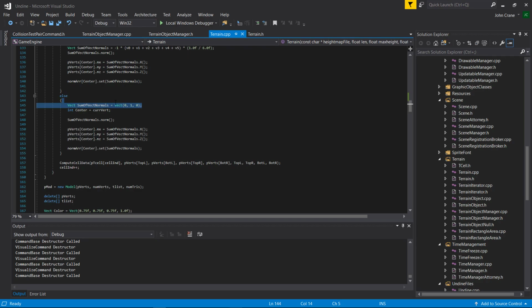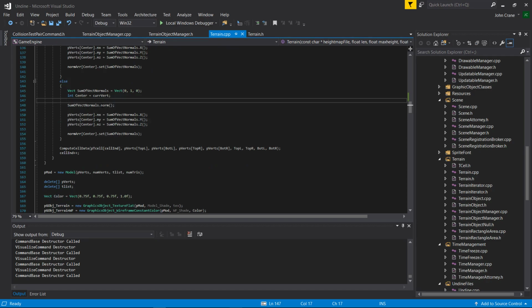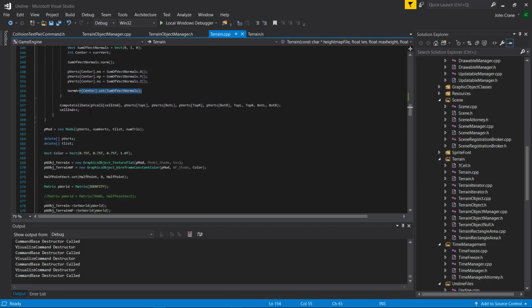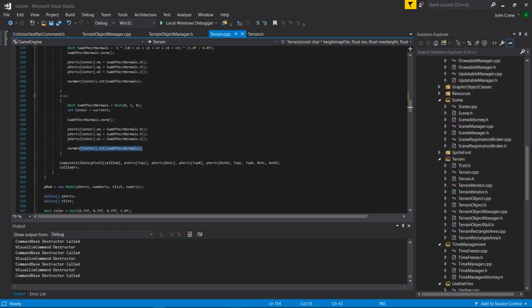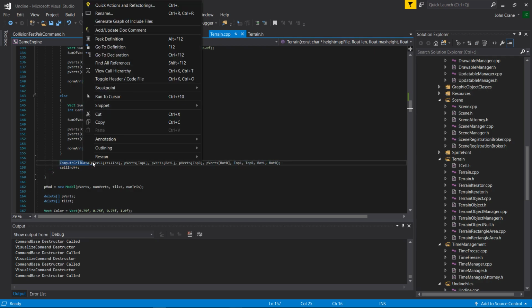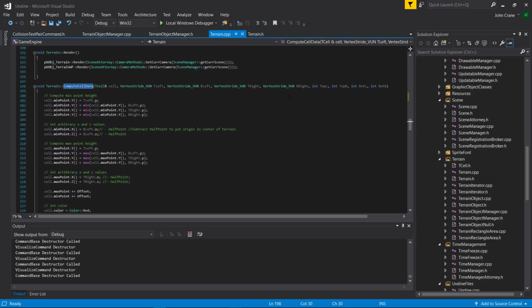Otherwise, I just use this else statement to set the sum of the vector normals to just the 0, 1, 0 vector, and I set the center to whatever the current vert happens to be. I get the normal of the sum of the vector normals, and then set up the pverts setter index, normal x, normal y, normal z accordingly, and then do the same as above. And after that, I compute the cell data using the T cell at the cell index, whatever that may be, setting up the pverts for the top left, bottom left, top right, bottom right, and then pass all these values in as well for this compute cell data function,